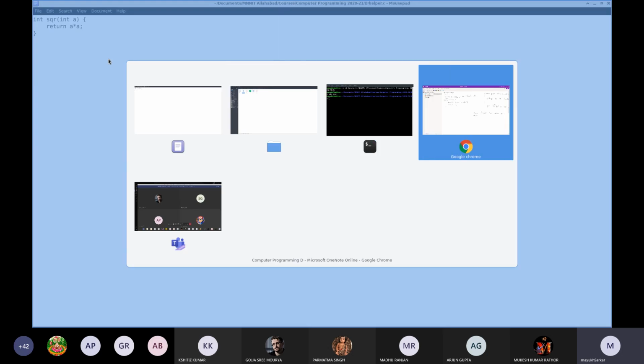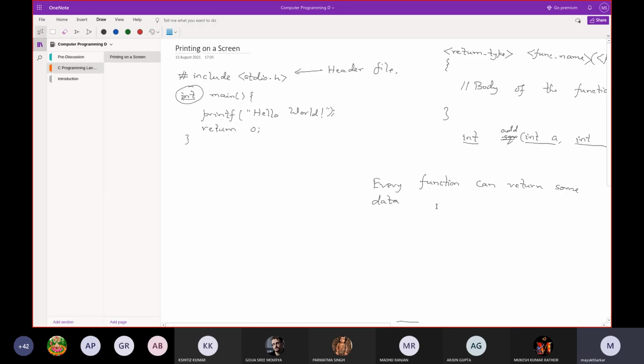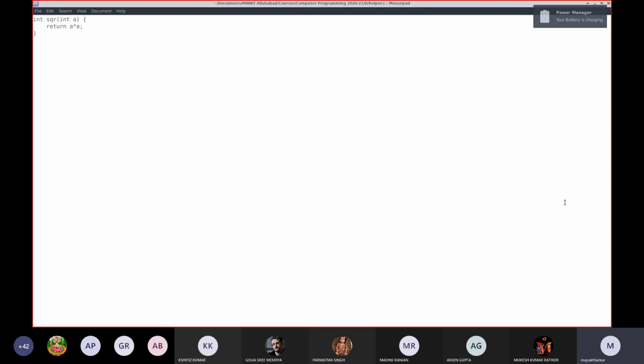Now, every function can return some data after performing the computation for which the function has been created. In this case, the function has been created to calculate the square of a number. It does the calculation and then returns the result of the square.